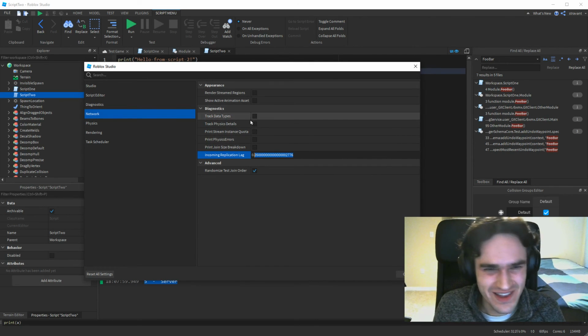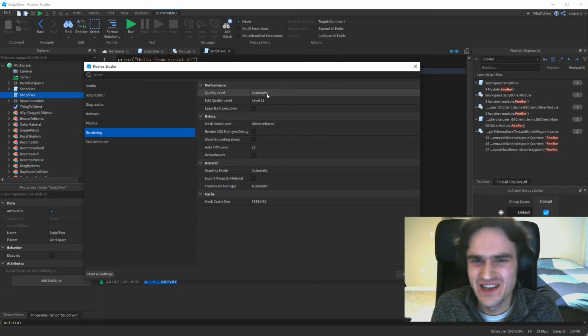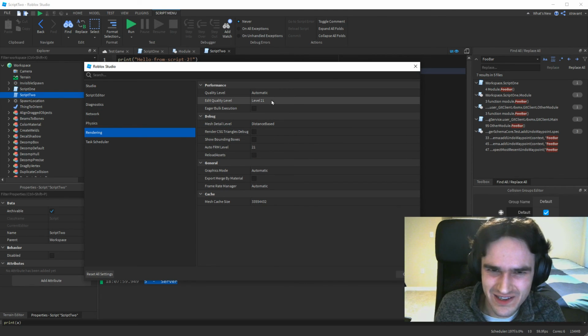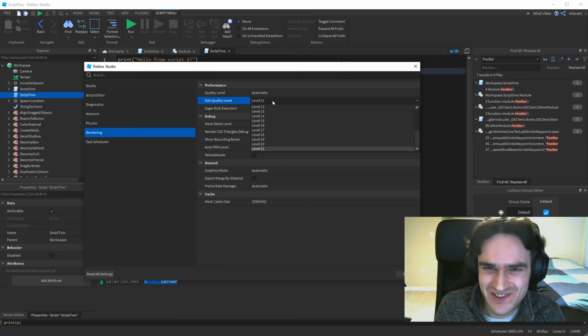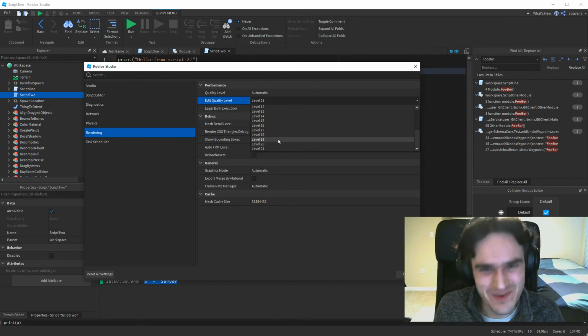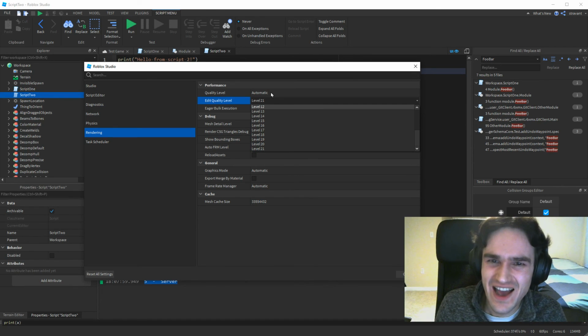So final thing, we'll look at rendering. You can specifically set what quality level. So what I typically do is I have quality level set to 21 for editing. So I see just the maximum fancy graphics for editing. And then I also set